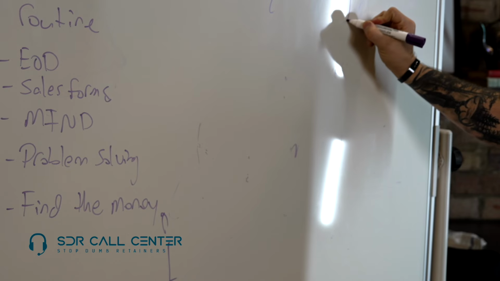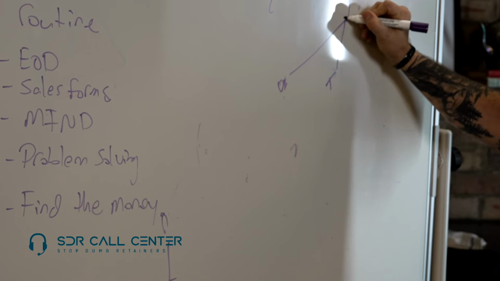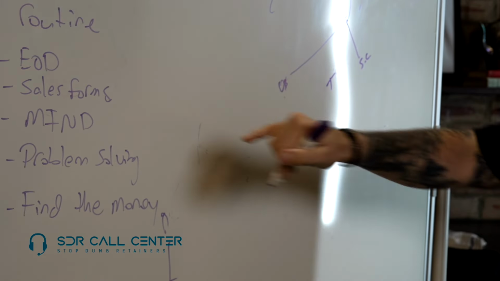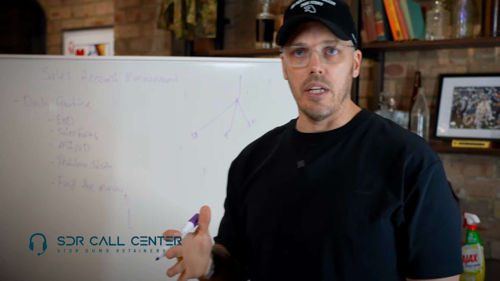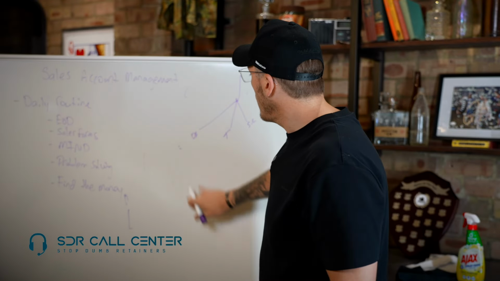So they're going to go here, which is OB. They're going to go here, which is triage, and they're going to go here, which is sales call, okay? Now, we're going to go through the MI and D at the same time that we do this. You guys are going to have to follow along. It is what it is, okay? This is how fast your brain needs to work if you want to do this at a high level,